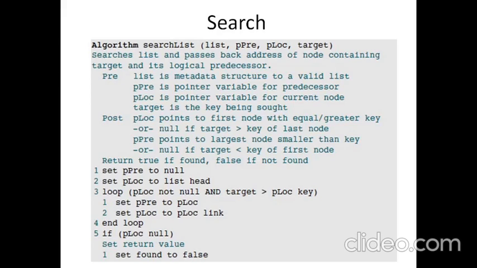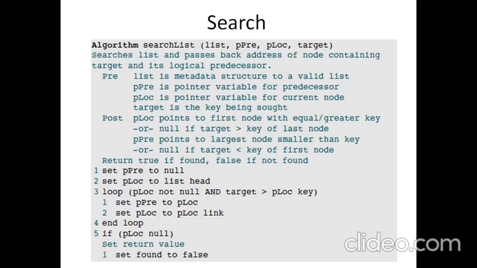The next algorithm we have is the search algorithm. Search, as I told you, you want to locate an element. And the advantage of an ordered list is that the elements are in ascending order. So you can actually search the element till you reach a value which is greater than the searched value. As soon as you find a value which is larger than what you search for, you can determine that the element is not in the list and you can give up the search, because it is in ascending order.